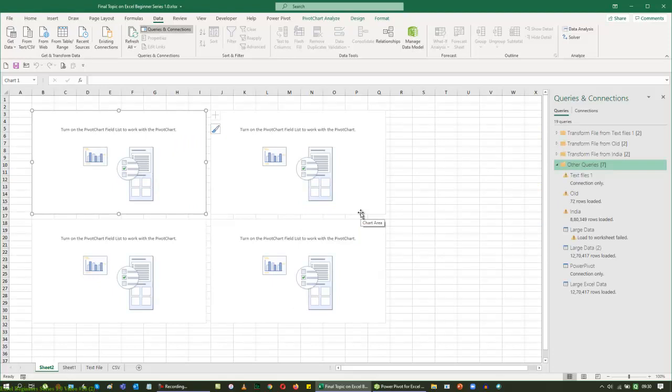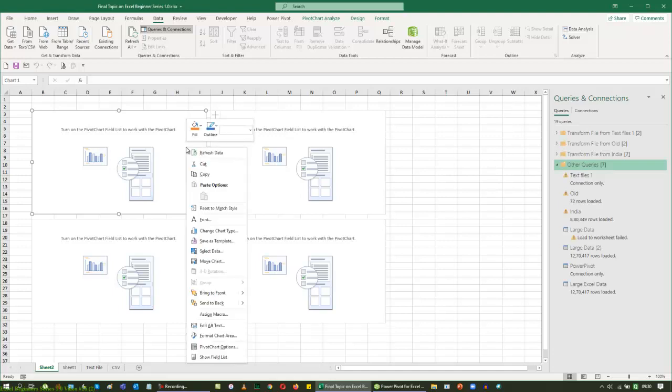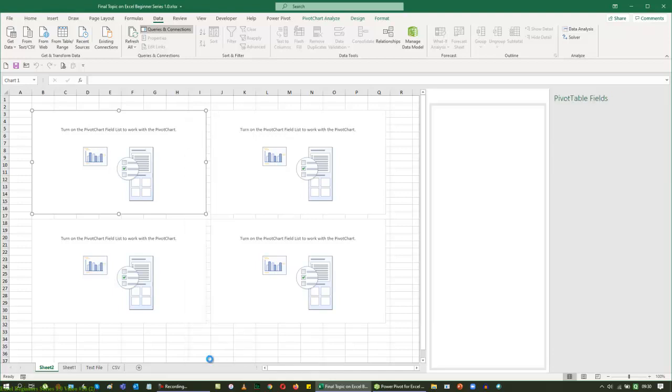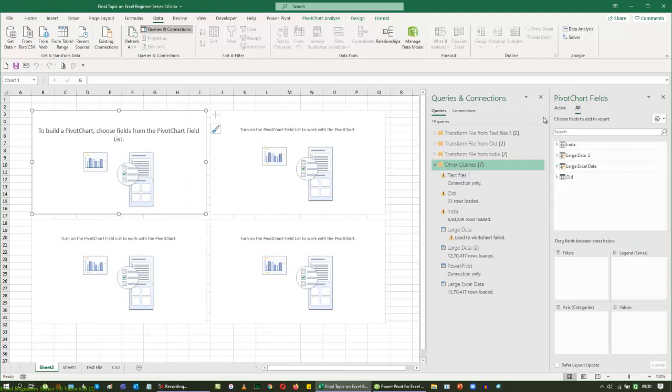But again, sometimes the pivot table comes up immediately on the right hand side. You can see the pivot table tools have to come. If it doesn't come, don't panic. Just give a right click on one of the canvas that we have here. We then click the show field list item. So you can see that it's coming up with this.